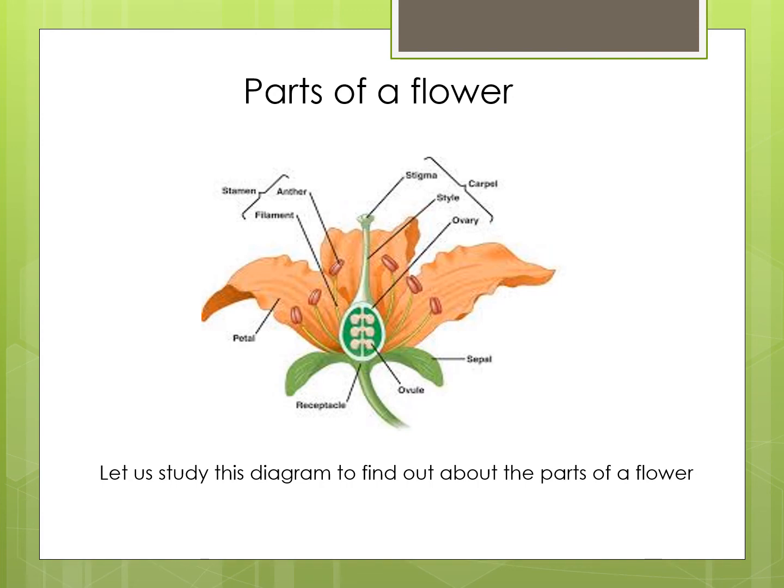The male part of a flower, called the stamen, consists of the anther and the filament. You can see on this slide, on the left side, there are the anther and filament. Both together are called the stamen, and this is also called the male part of the flower. The second is